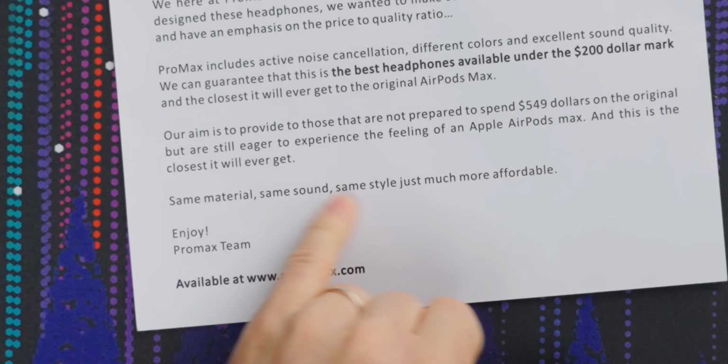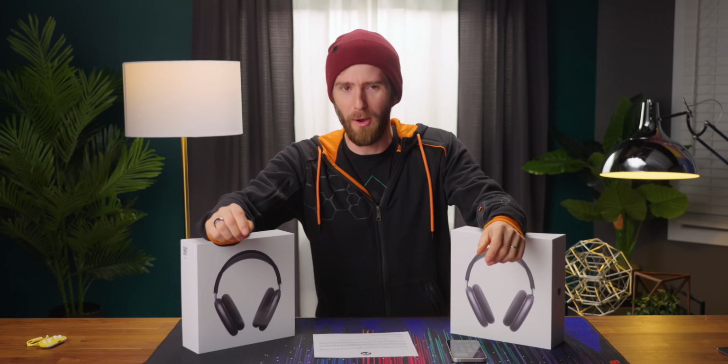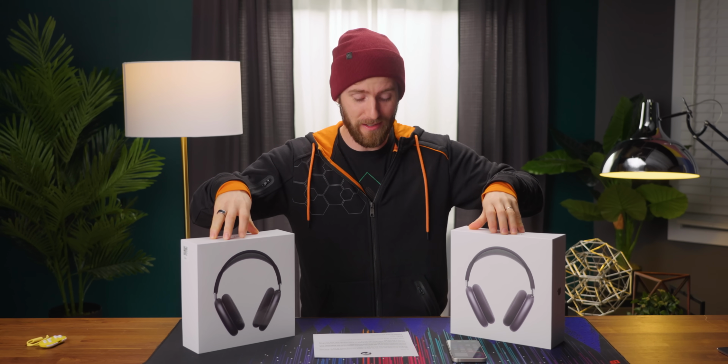Because there are headphones under $200 that sound a lot better than even the real AirPods Max. They're okay. Same material, same sound, same style, just much more affordable. I will be the judge of that because I have both a pair of real AirPods Max and, oh right, the Pro Max. Oh my God, see, I got confused. I was like, wait a minute, I thought it's AirPods Max, not AirPods Pro Max. Yes, it is AirPods Max. I have both a pair of real AirPods Max and the Pro Max Pro Maxes,